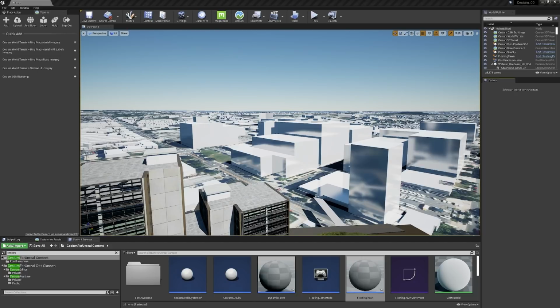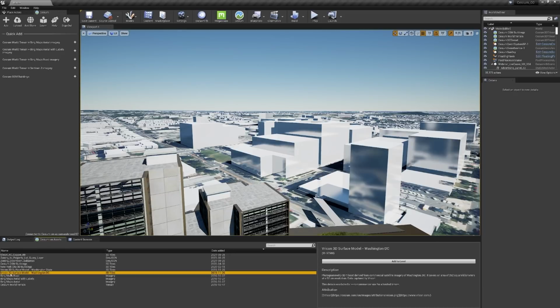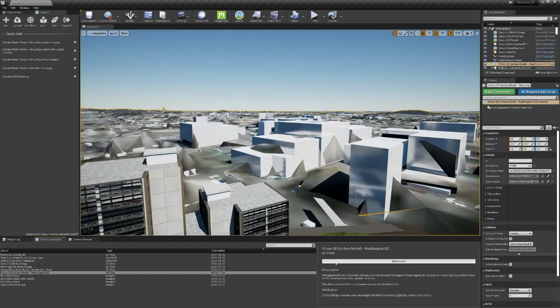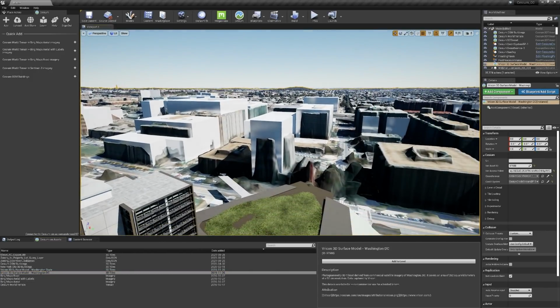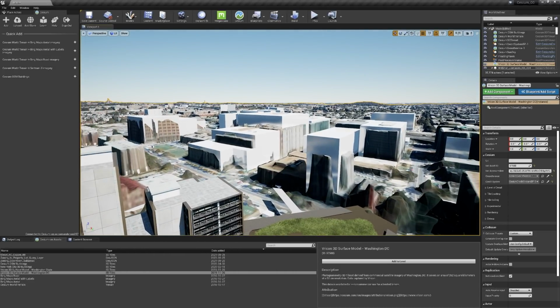Now I've gone to the Cesium website and added VR Icons model of Washington, D.C. into my depot. I'm going to go ahead and add that into my project here to get a little more detail. To do that, I'm going to go to the Cesium Ion asset window, go down to the Washington, D.C. site I brought in, and I'm going to add that to the level. You'll notice that it pops in, but it is conflicting my context that I have already in the space.